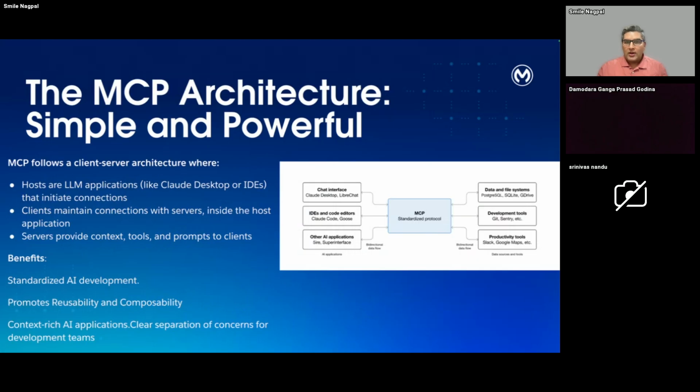Let's talk about how MCP actually works. It follows a simple but powerful client-server architecture. On one side, you have hosts. These are your LLM applications like Claude Desktop, IDEs, Cursor, even MuleSoft has its client application through the connector. With these hosts, you have clients that maintain persistent connections with the servers. And on the other side, you have servers that expose the actual functionality, the context, tools, prompts that your AI